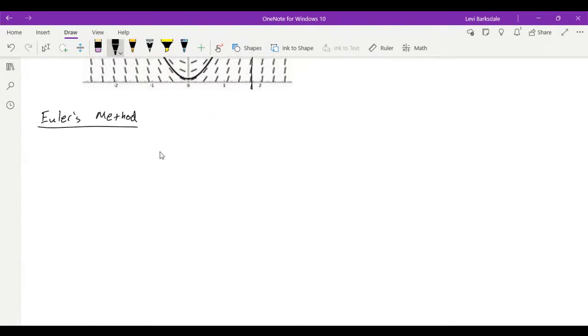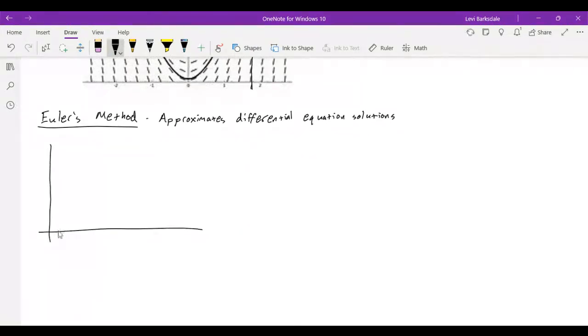So Euler's method approximates differential equation solutions, because sometimes it is difficult to get an exact solution. And the idea is we can approximate a smooth curve. So if we have a curve that looks something like this, we can approximate it